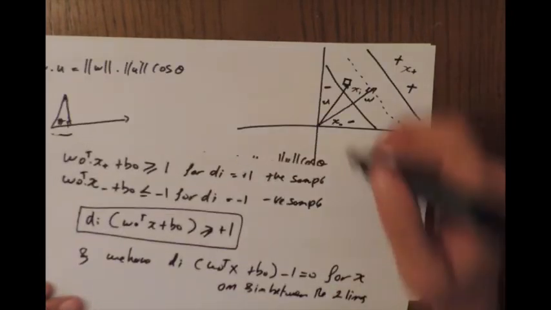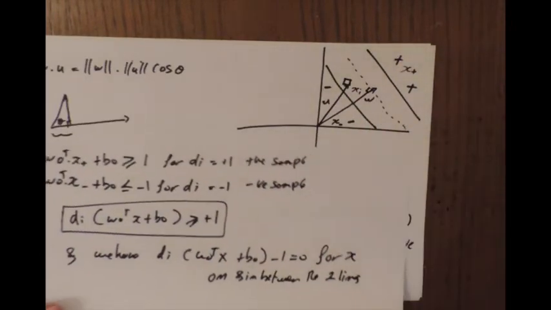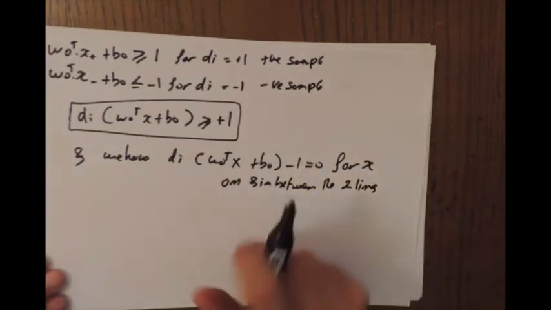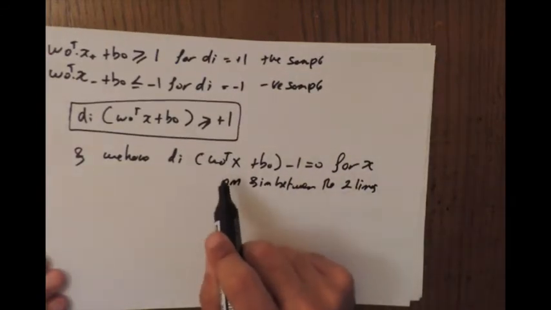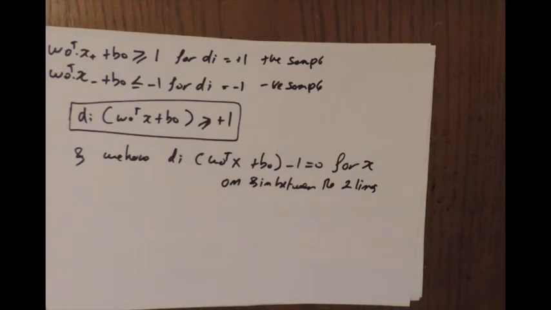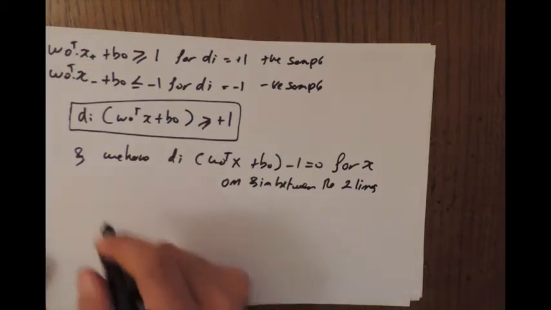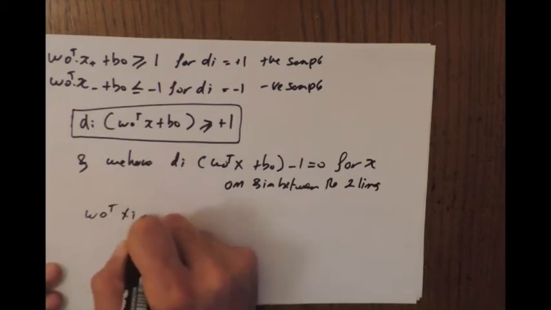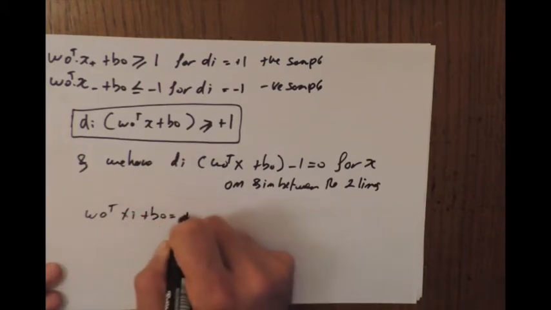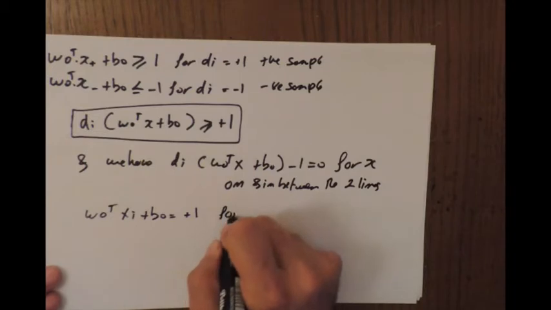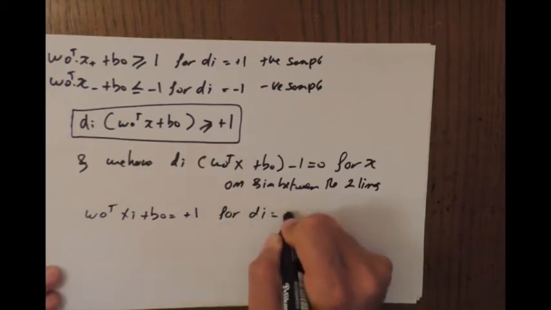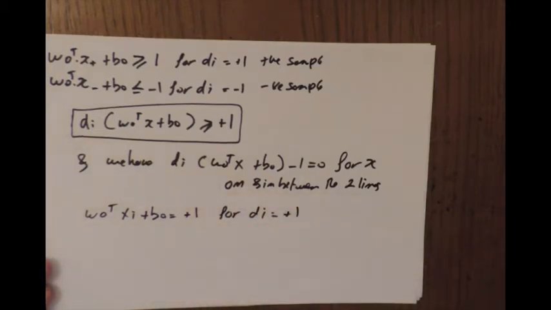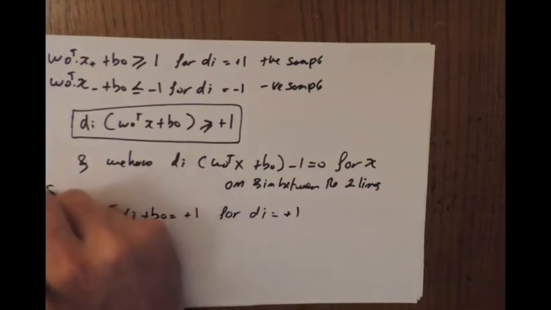So everything that is on here or between the two lines satisfies the equation di(W0 transpose x + B0) minus 1. So starting from here, we can say W0 transpose Xi plus B0 is equal to plus 1 for di equal plus 1. These are the data points that are called support